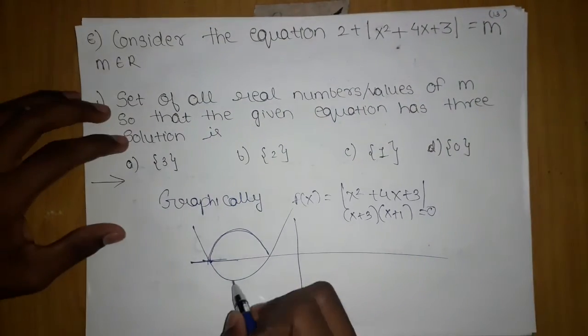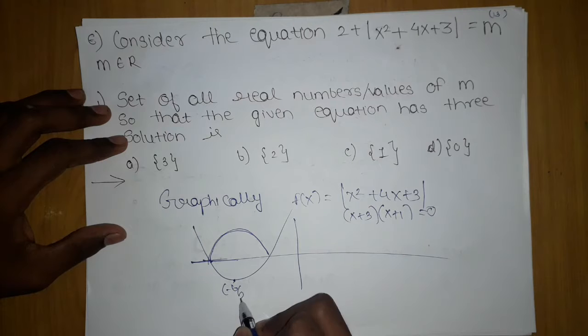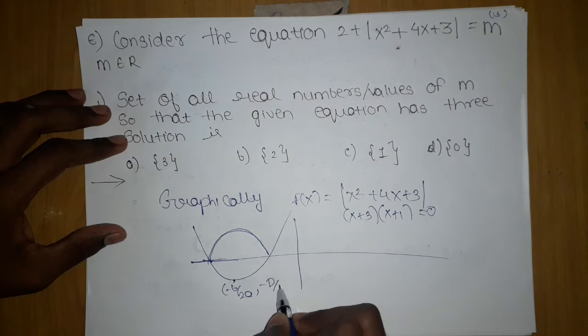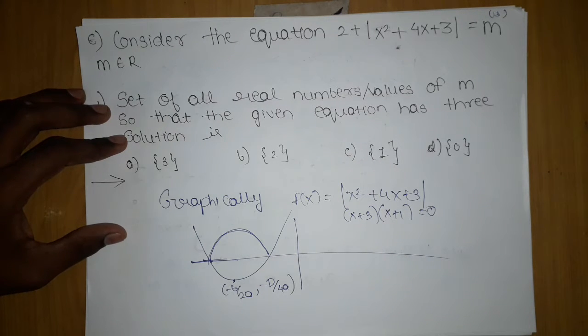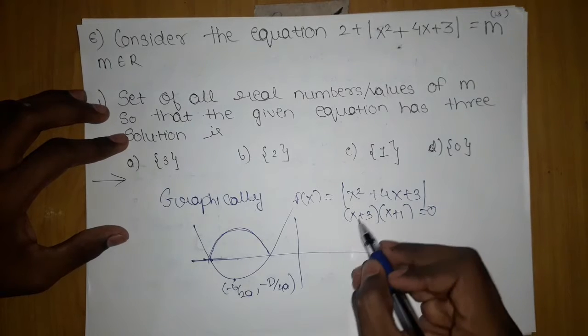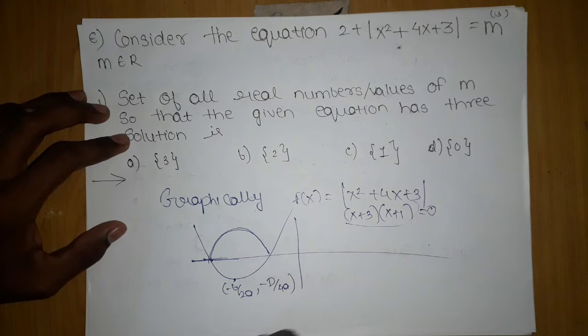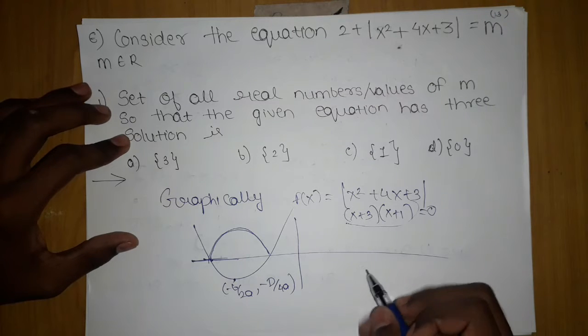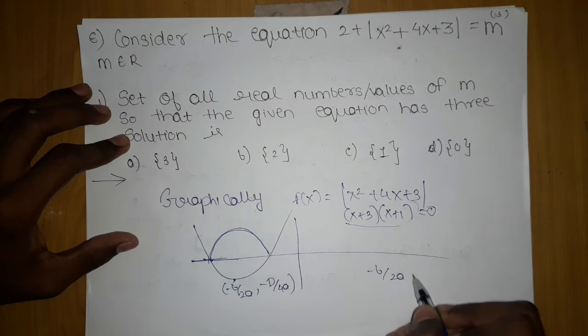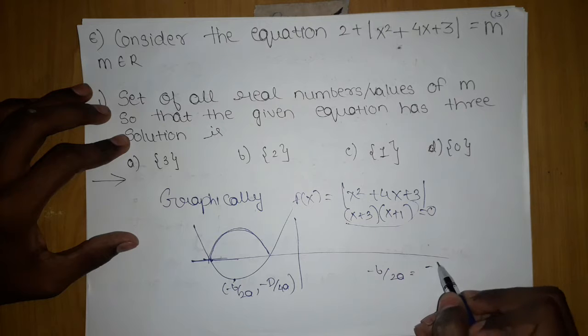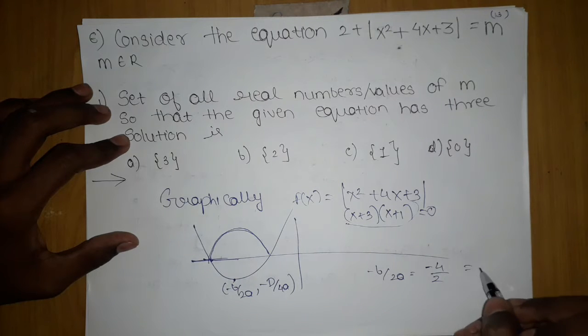Further on, we know these points. Let me use this point as a reference to teach you. Just see what I am telling. This point was minus b by 2a. Further on, this point was minus D by 4a. From this information, you can tell me these points, because you know about the quadratic. So let me calculate minus b by 2a. It is minus 4 upon 2 into 1, which is minus 2.